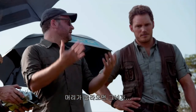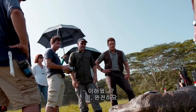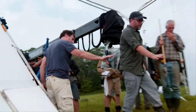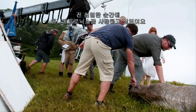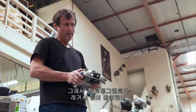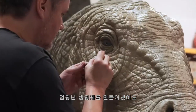We'll get the moment when its head comes up, and she goes, and that'll be its last breath of life moment. Are you with us, Coach? Yeah, absolutely. Colin said we need to have a working animatronic in this movie because that's how this series of movies was built. What I wanted to do is use animatronics in a moment of intimacy. We had a scene where they come upon this fallen apatosaurus who was going to die, and John Rosengrant and the guys from Legacy all came in with this extraordinary